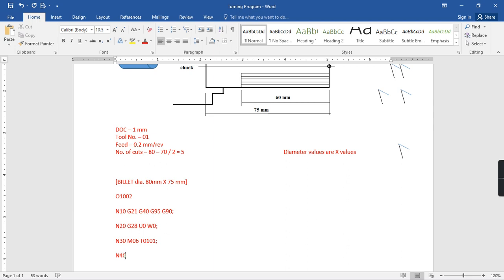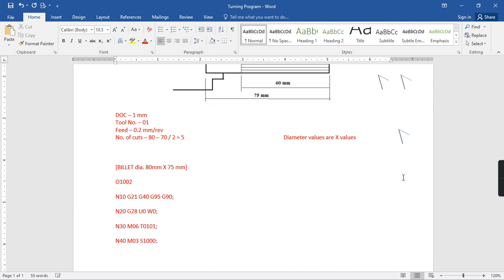Then N40, you have to start the spindle. M03, suppose I am taking 1000 RPM. Now this is the start of program. You have written the billet size, program number, initial G code settings, home position, tool change, spindle start.